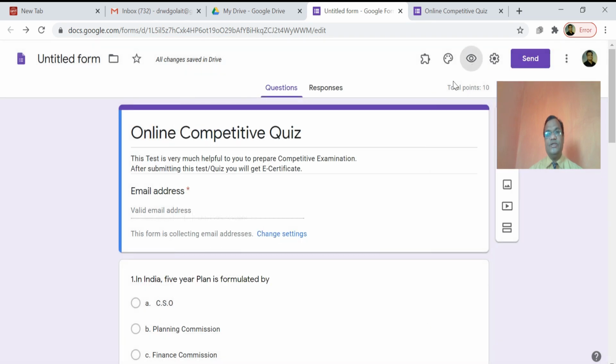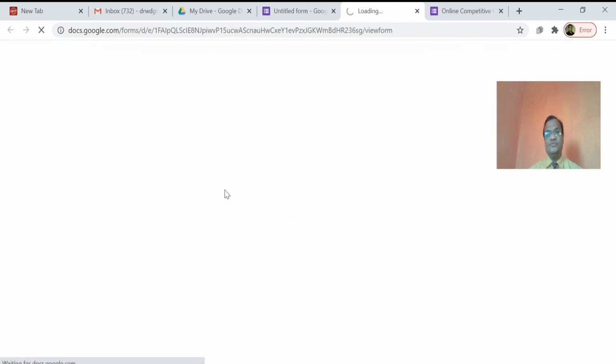Then automatically these options will appear on your quiz, on your Google Form. This Google Form initially requires the participant's email address.